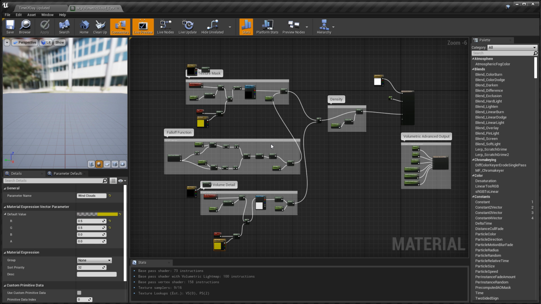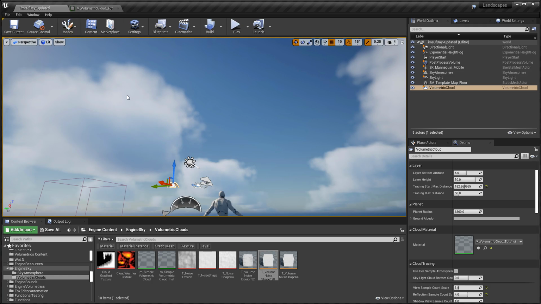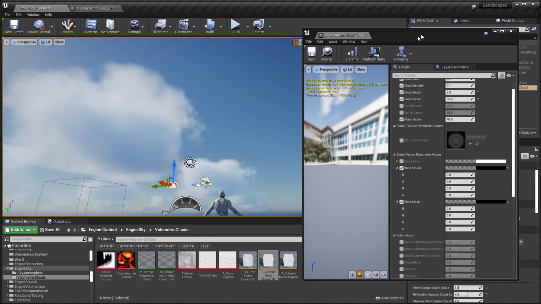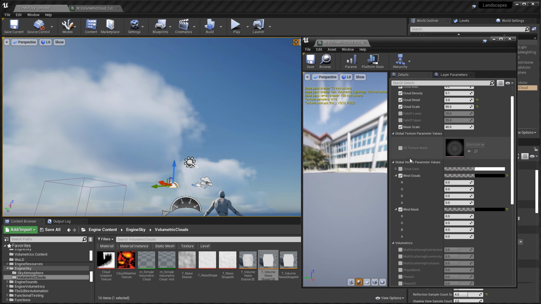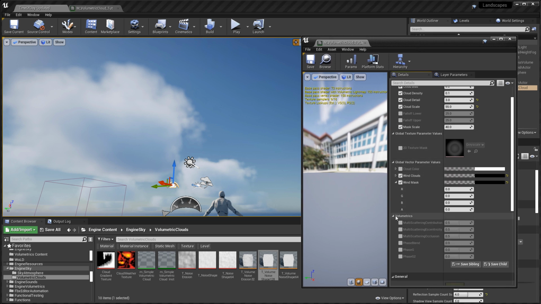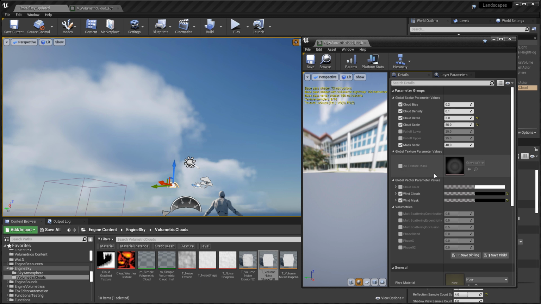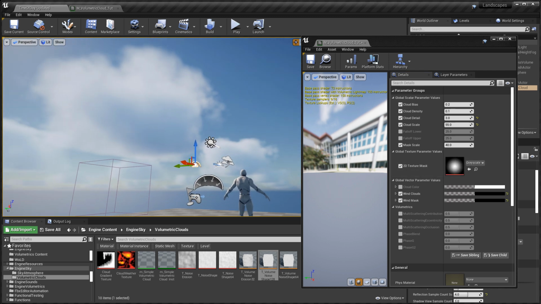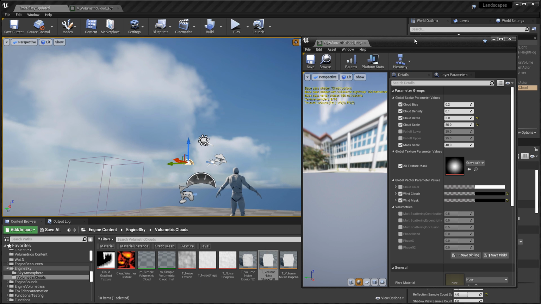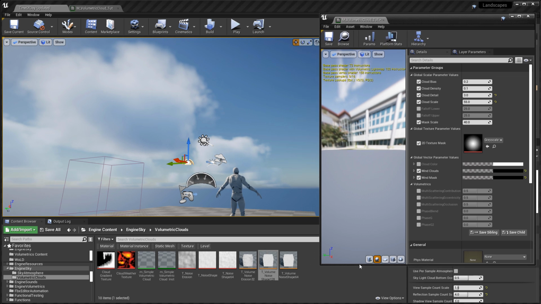But because we created a parameter from it, we can go ahead and do that inside the material instance. So right now, the reason we see this repetition is because of our 2D texture mask. And you can see that we have the sphere gradient, so it's going to cause that repetition. But if we change it to something more organic, more of a noise texture, this will create more natural looking